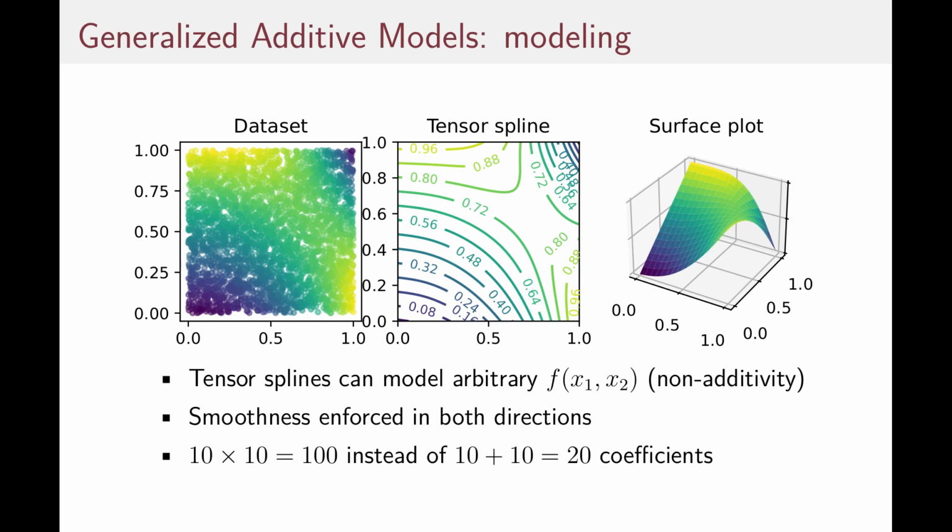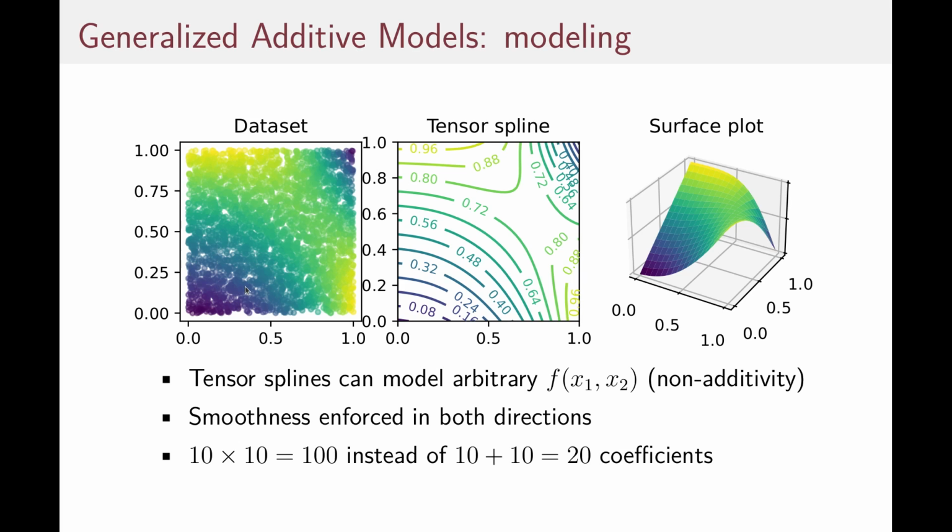And then the question is, how does this work in a generalized additive model? You can get around it. What you do is you use a tensor spline term. A tensor spline, instead of having a spline basis along each dimension individually, so if you have 10, you would have 10 along x1 and 10 along x2, you actually take this tensor product of spline bases, and you get the 10 by 10 grid of functions. Imagine them being like little mountains here. And then you're trying to figure out the height of each of these 10 by 10, 100 little mountains to